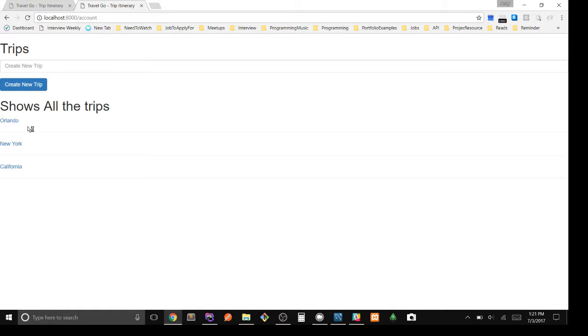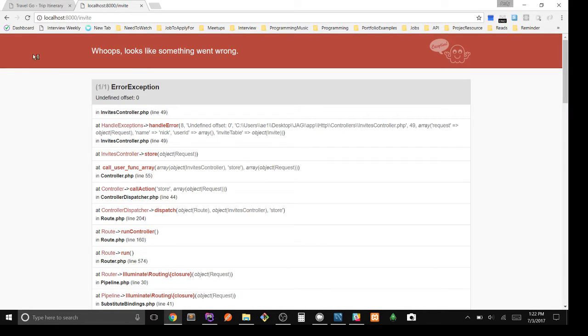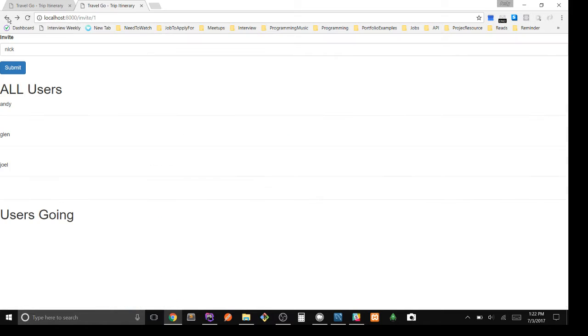Okay, so now I'm going to go ahead and click on Orlando, and this has to be changed. I just wanted to have this here so I can see what all users exist, just for test purposes. I'm gonna have to change that later, but if I try to invite a user that doesn't have an account, then it will not work. So I'm gonna go ahead and invite Nick, and notice that it gives me this error page. Probably gonna add something there later,